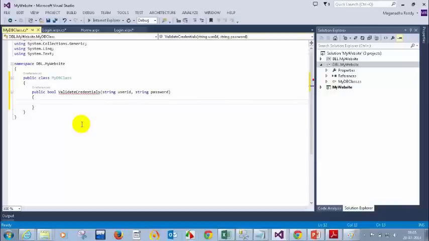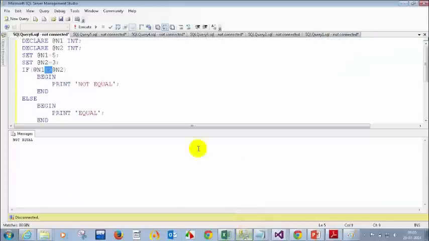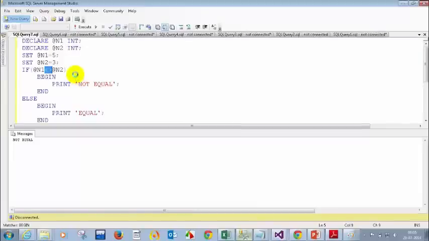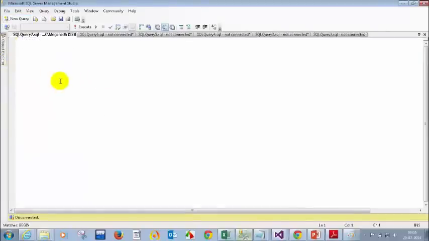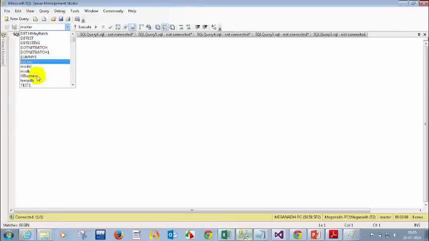how do I need to write the code here? This you already know. Let me quickly do it. You should be helping me if I'm doing something wrong here. Okay, so let me create a database table, new query. Let me create a database table with user ID and password. So let me connect to US batch. I'm going to use the database called US batch, and then I'm going to